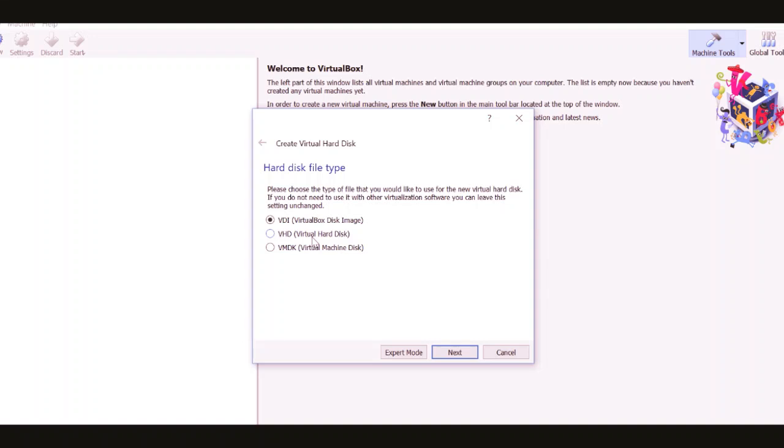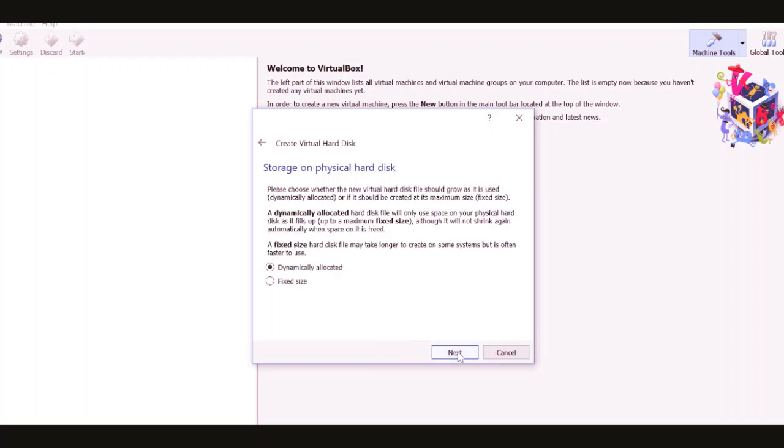The extension is .vdi, which is VirtualBox Disk Image, and VHD is your Hyper-V disk, which is used for your Microsoft Hyper-V hypervisor when you use it on your Windows Server with Hyper-V enabled. And the last one is VMDK, which is the extension for a VMware machine. So in this case, I'm going with the default one, which will be your VDI,